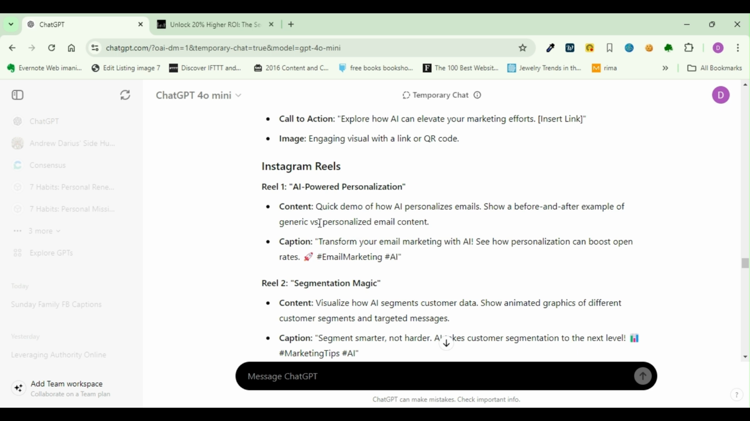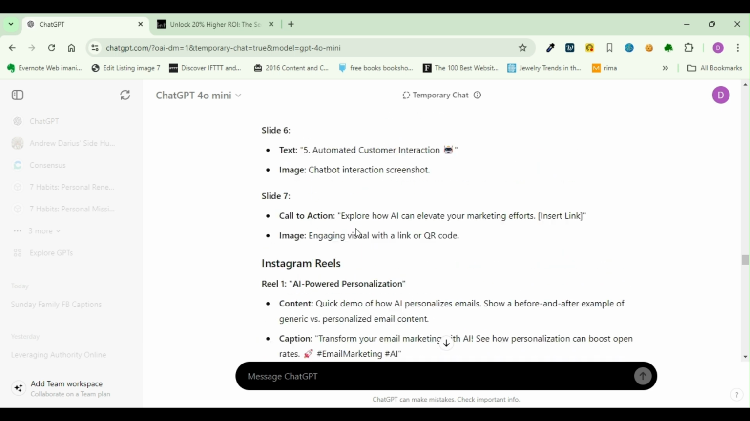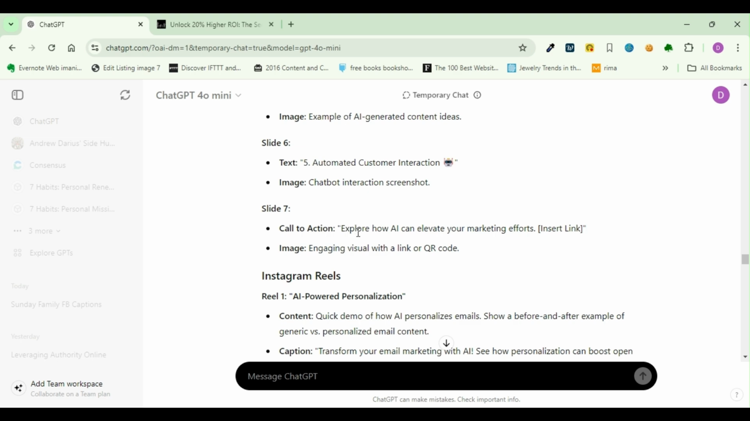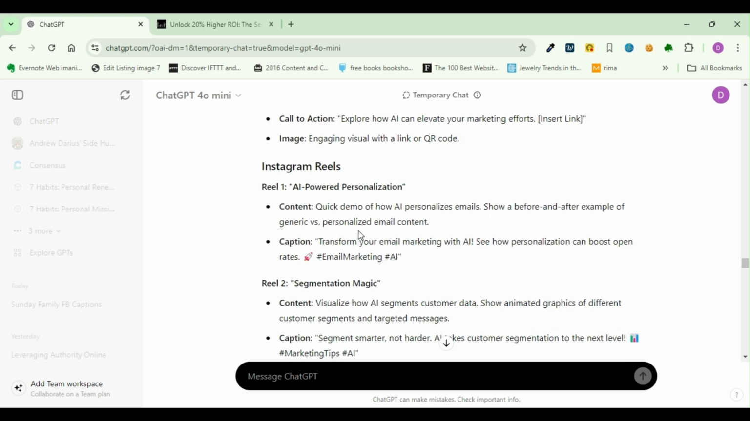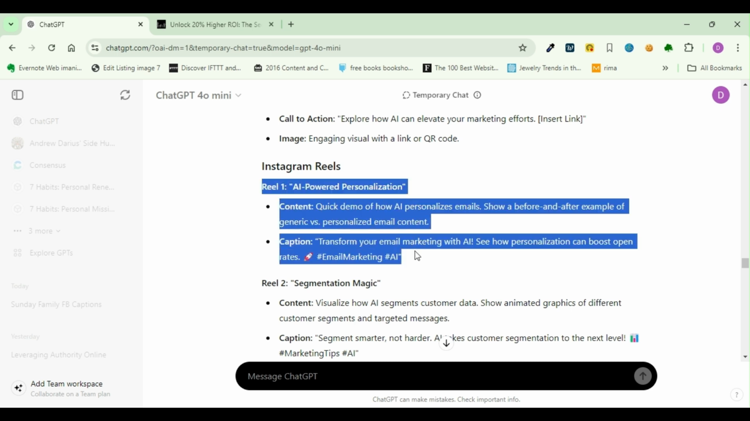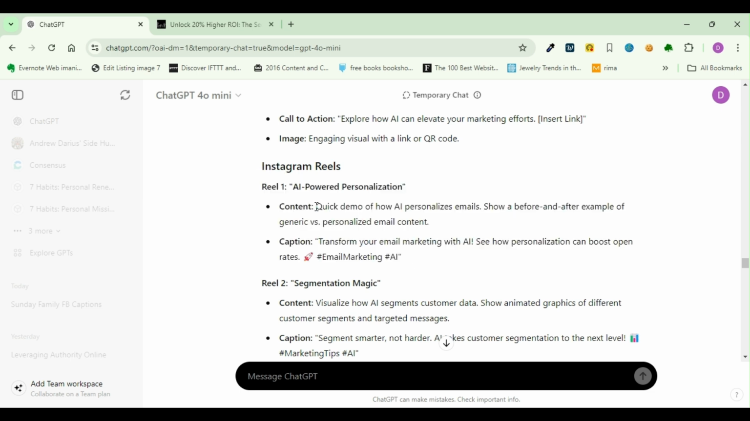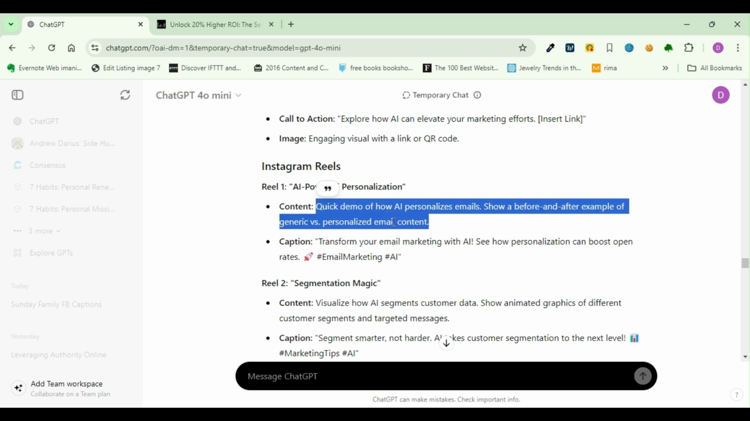Okay, and so I guess maybe we should talk about this just for a second. So the Facebook post is text, the carousel is text, reels are video. So when it gives you the information here, it tells you what video you should create, right? It doesn't really tell you how to create it, but it tells you this is what you probably should put in your video is the demo of how to personalize emails. And then it gives you the caption with